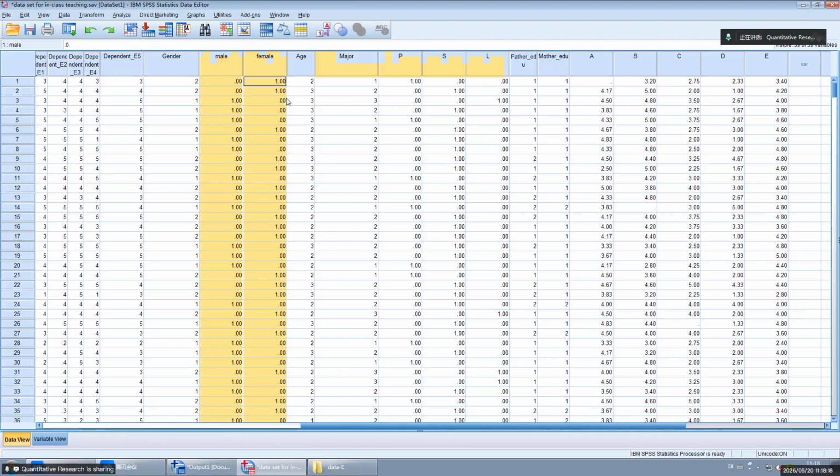So if we use social science as the reference group, we can compare natural science with social science. So this dummy variable will not be dragged into the regression model. Instead, all the other P and L will be dragged into the regression model. That's how we use dummy variables.